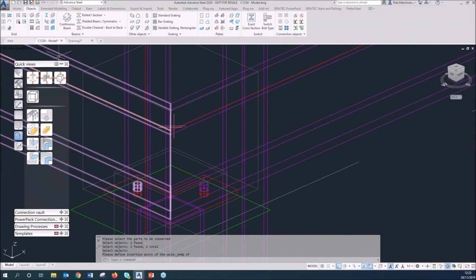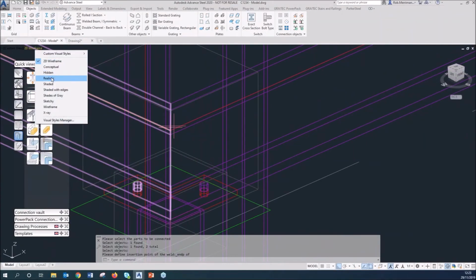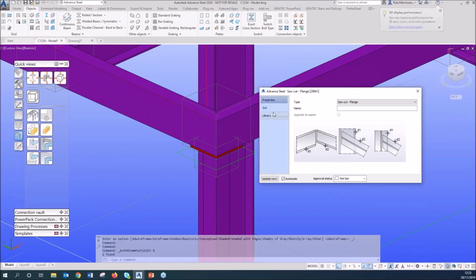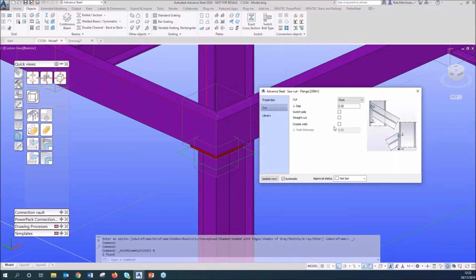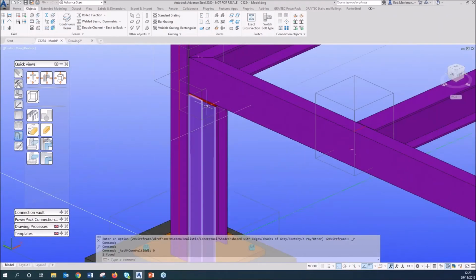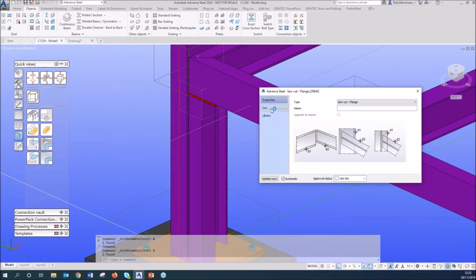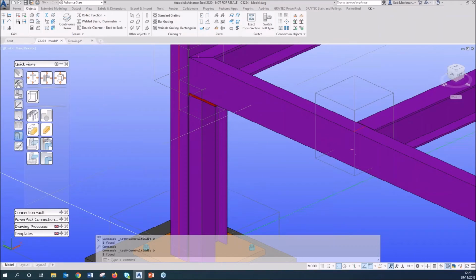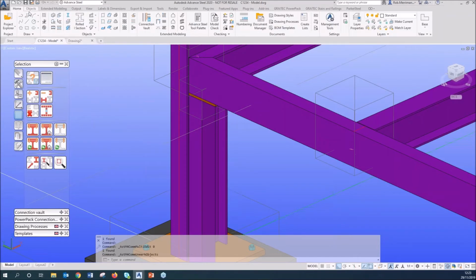For these cap plates in here, those have a connection, so I did a cutter object. So I double click that joint box. If I go to the cut tab, there is the option to add a weld in. I just forgot to tick it. And again, I have the joint box in there, so I can go to the cut tab and I can click the create weld. Because now if I close that down, clear my marking and do the loose parts again,